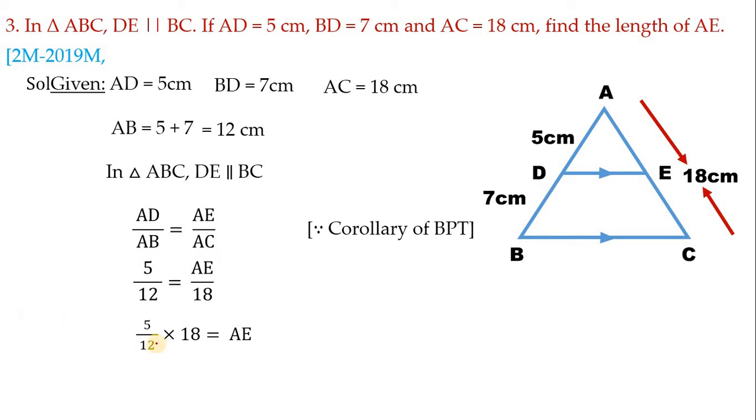So now let us simplify this, children. See, in the 6 table, 6 2s are 12 and 6 3s are 18. Now multiply 5 2 3. 5 3s are 15 and in the denominator write 2. Next let us simplify this. So 2 1s are 2 and 2 7s are 14. One remainder, put point and take 0. 10 will be there. 2 5s are 10. So the answer is 7.5 centimeters.